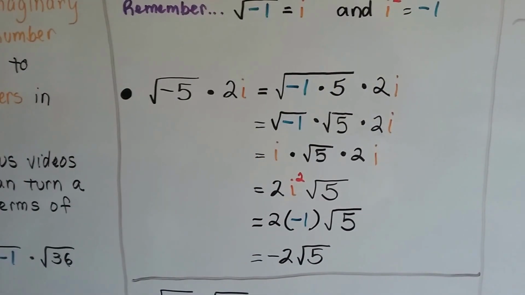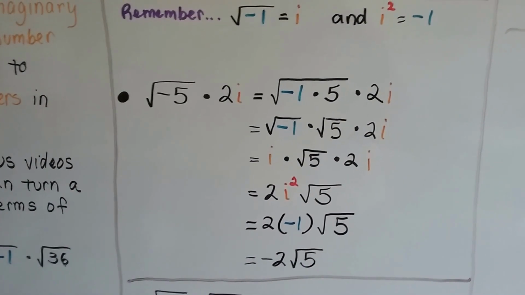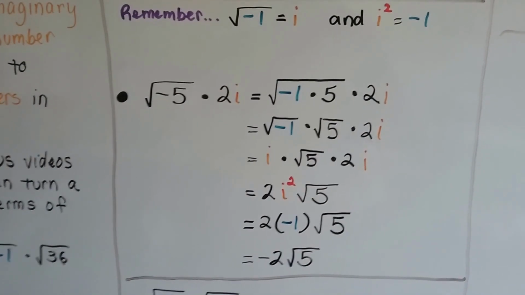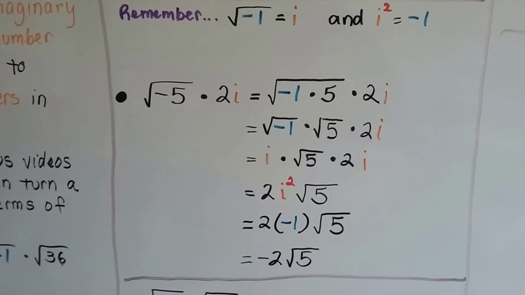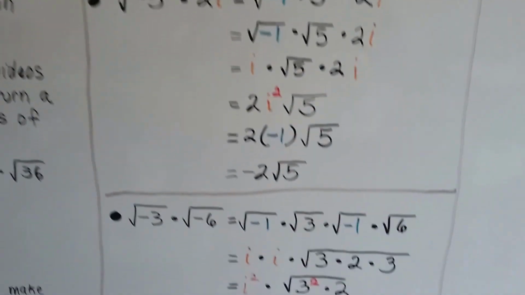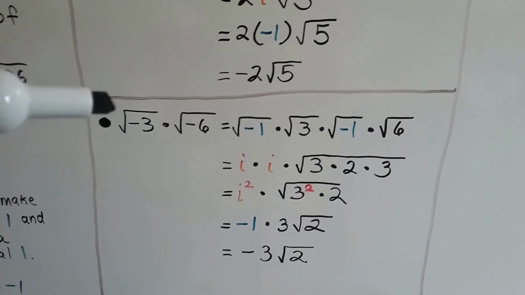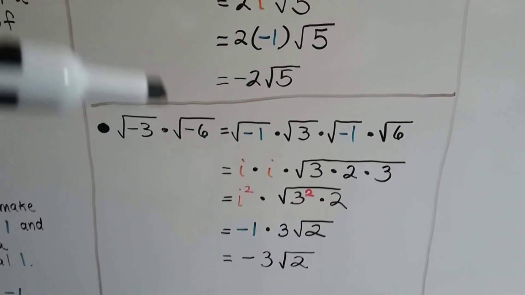You can write it somewhere on the inside cover or pocket of your spiral, or someplace you'll be able to look at it real quick. A Post-it note, something. If we've got the square root of negative 3 times the square root of negative 6,